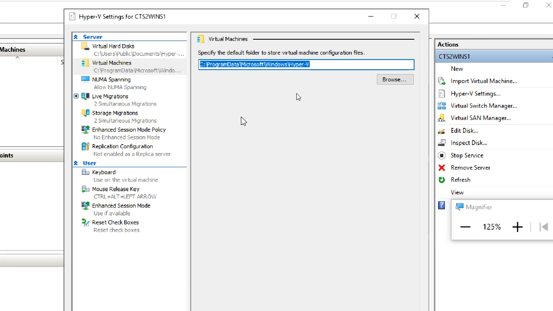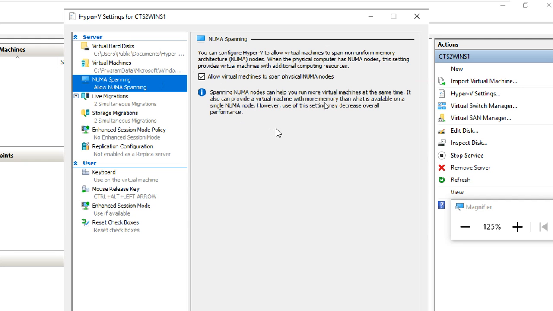Same goes for virtual machines: machine and disk. The disk contains your operating system, data, and applications. The machine means the processor, how much RAM, the BIOS, UEFI support, that kind of stuff.